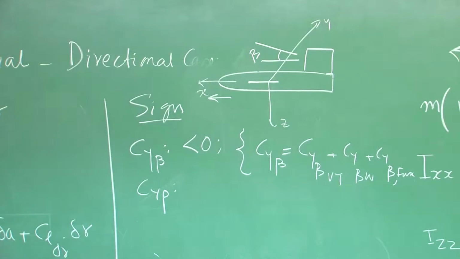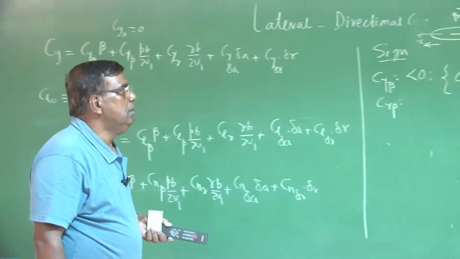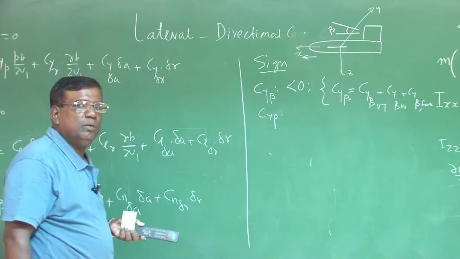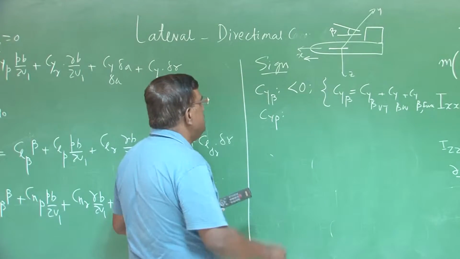So we have to check each and every component and how they add. I am only giving an illustrative example. I am using the vertical tail most of the time because that contributes the maximum in most cases. So Cy beta less than 0 you have understood. Now Cyp,